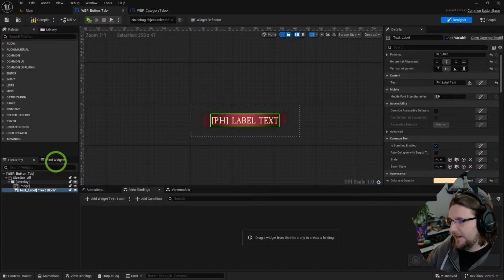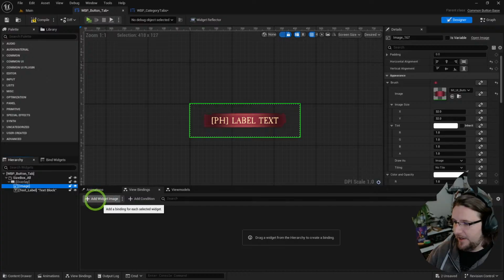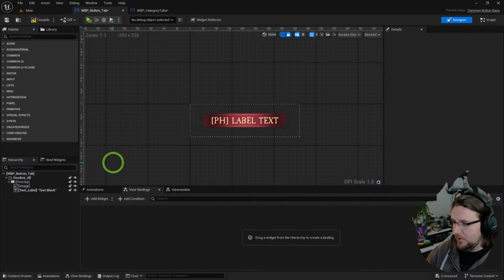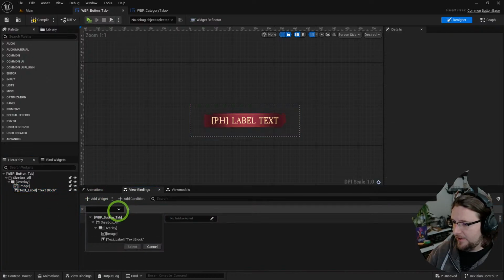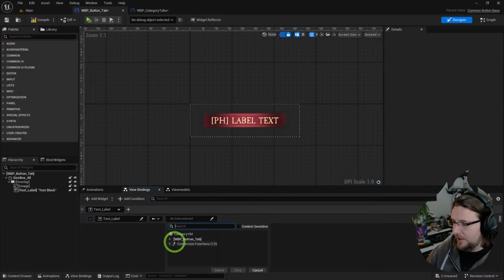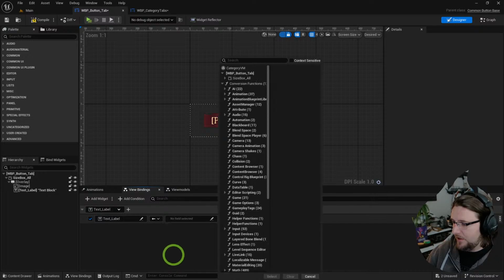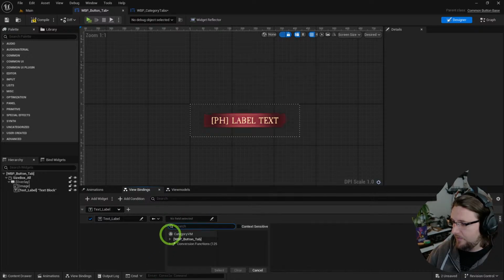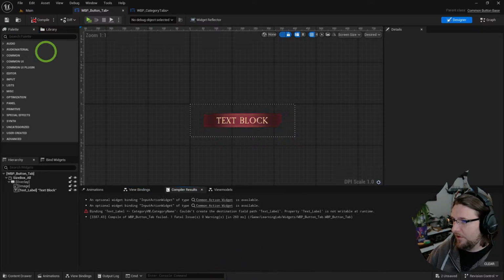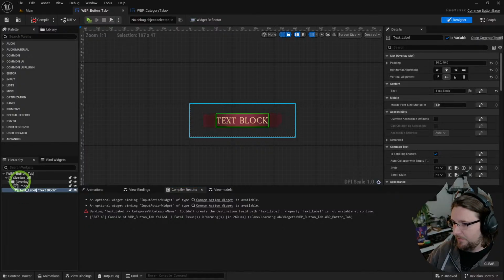And instead we could say, if we're clicked on something, it allows us to just add it. Or we could say we're not clicked on anything, but we are going to use the text block. And we're going to change the label and we're going to change it to the, where is it? Category VM, category name. Compile that. An optional widget binding of input action widget of the type common action widget is available, but we don't have one in here. So what we could do,